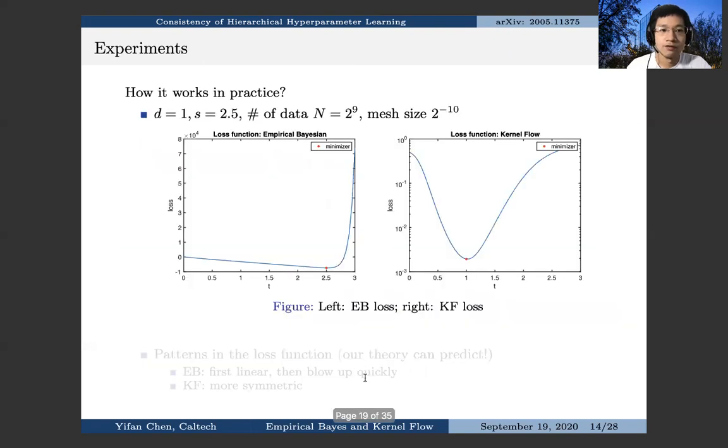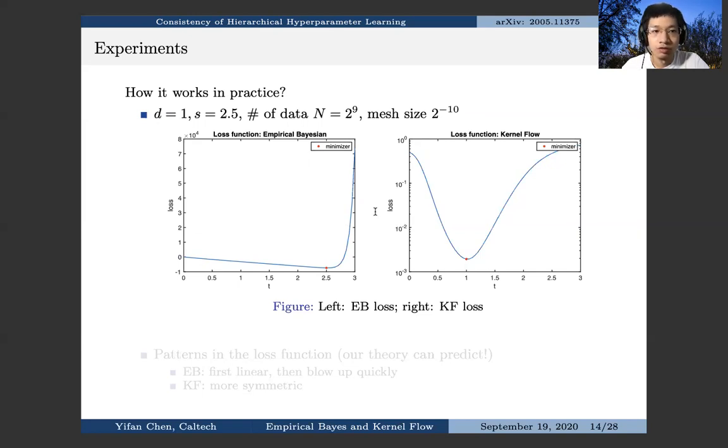Though we didn't talk about the proof in this talk, we will talk about some experiments to convince you of the correctness of the theory. How does it work in practice? We consider a one-dimensional example, and we choose s2 to be 2.5. The number of data is 2^9, and we use mesh size 2^-10 to discretize the Laplace operator. The following, for a single realization of u dagger from this Gaussian process, we draw the